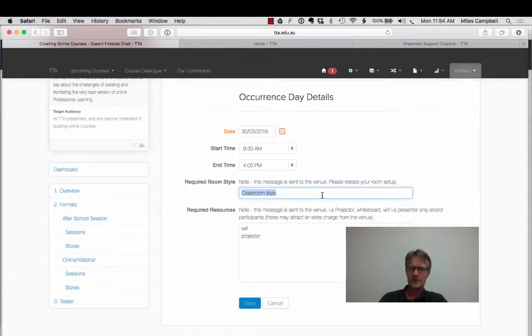Now, required room style. This seems like a repeat of what we did on the last page, but this is really just a short summary. So, you know, classroom style. Just something very short, because this actually goes through to the venue. When we've selected the venue to have all the things that you want, this is just shorthand for that. So yeah, classroom style,